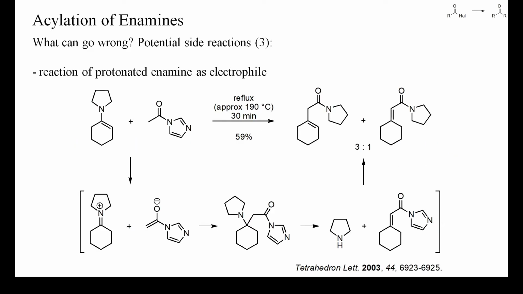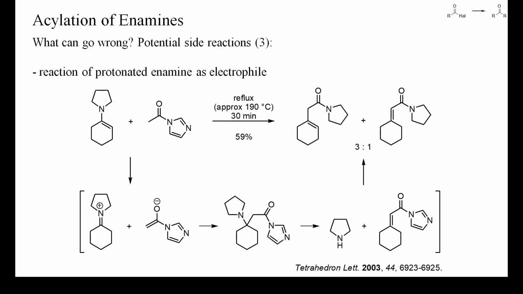One further potential problem is the reaction of the enamine as electrophile. Because enamines are protonated at carbon, yielding iminium salts, these may react with the starting enamine to yield Mannich-type products or with other nucleophiles present in the reaction mixture. Enolates of acyl halides usually split into ketenes very quickly, but ketenes are nucleophilic at the beta carbon and can be used as ester enolate equivalents.